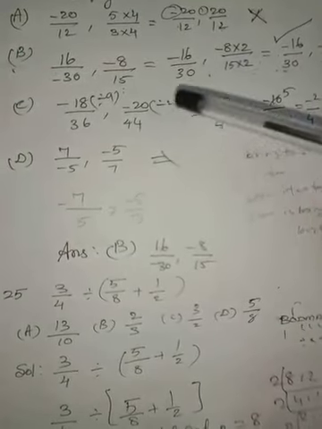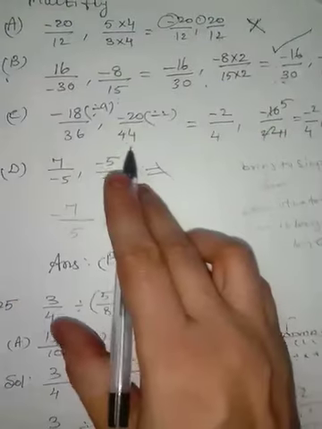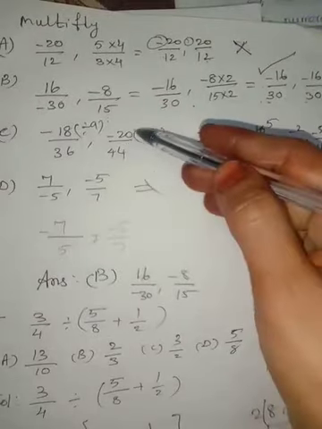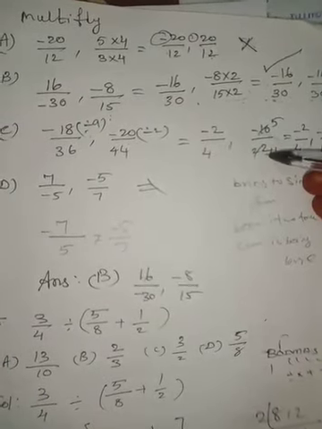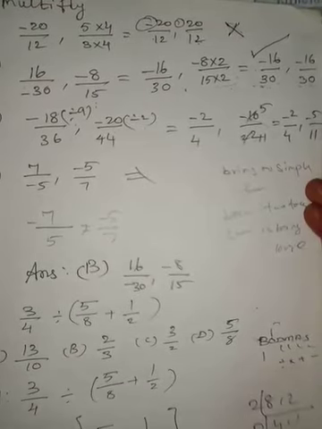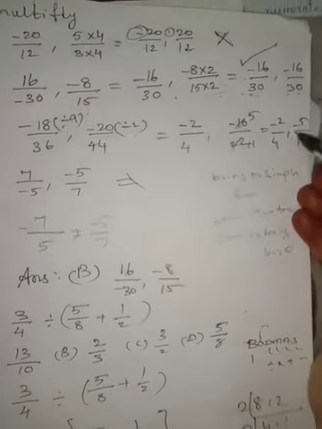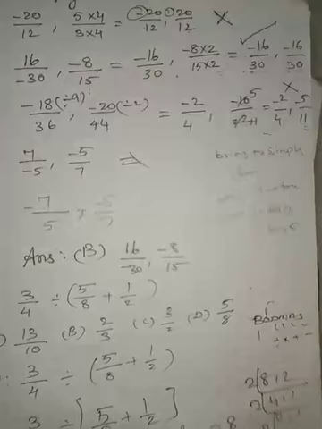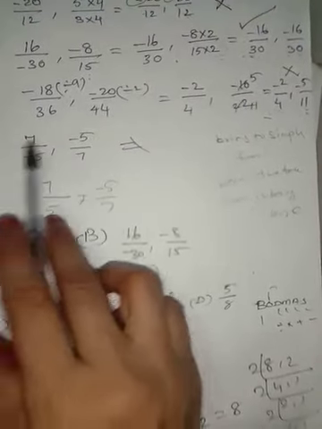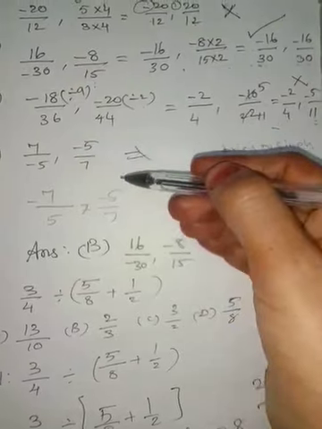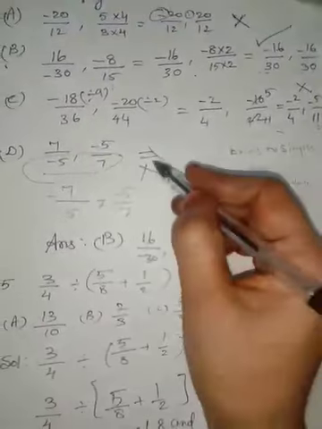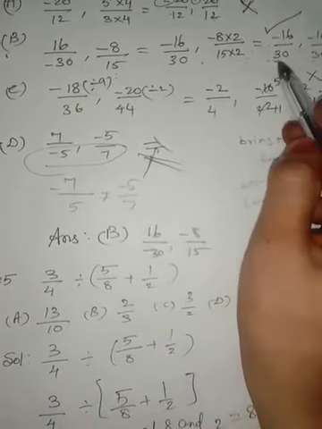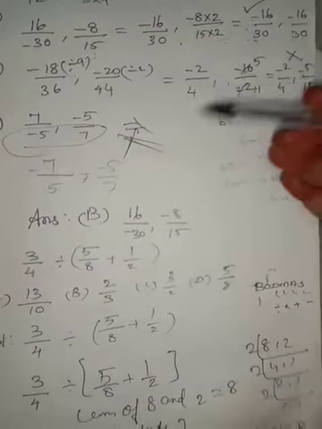We will check C and D. So option C can be divided by 9. Divided by 9, we get minus 2 by 4. And the option second one, minus 20 divided by 2, we get 10 by 22. Again we divide by 2, we get minus 5 by 11. The first rational number is minus 2 by 4. The second one is minus 5 by 11. Both are different. So we do not take this answer. In the D option, we see these numbers, we can easily say that these also have unlike denominators, we do not take this value. So from this I choose option B because the denominators are the same and also having the same sign. That's why option B is correct.